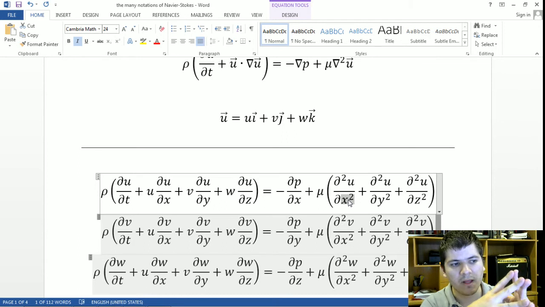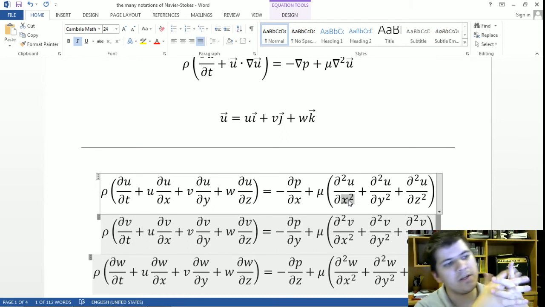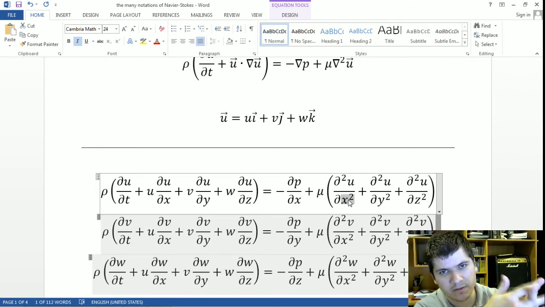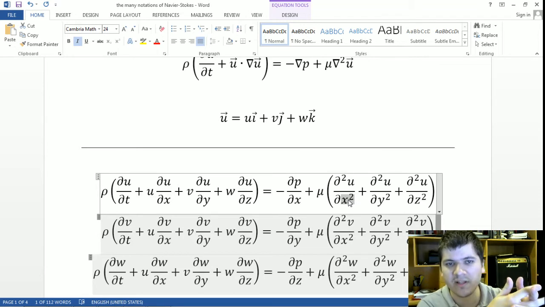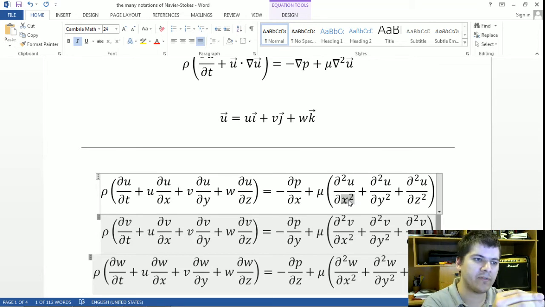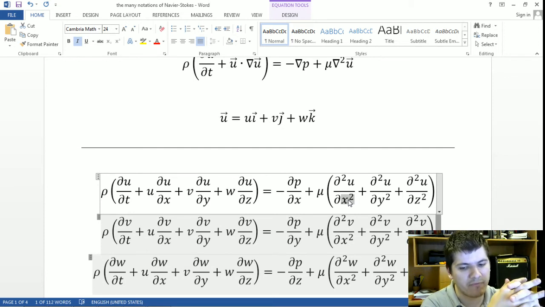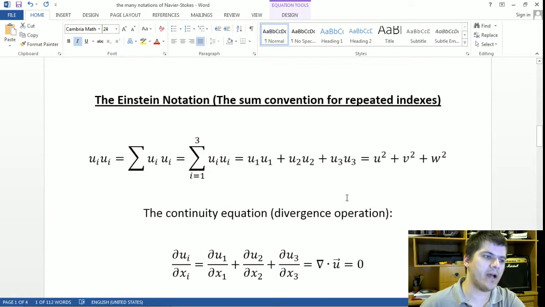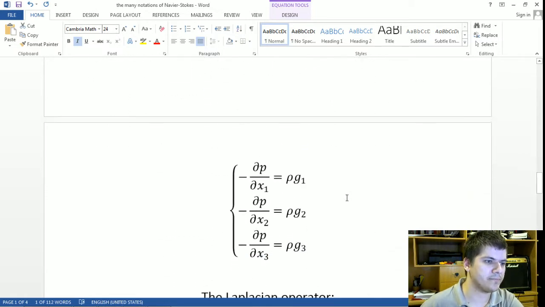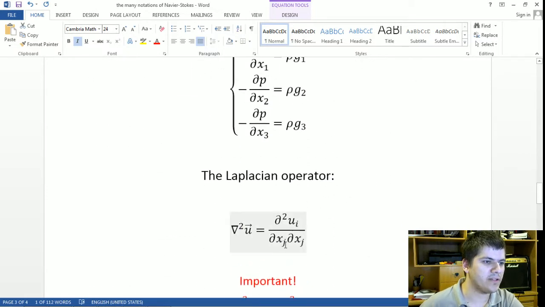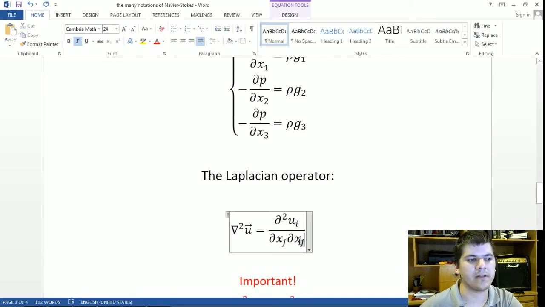But remember, u is a vector. u is composed of three components: u, v, and w. So in this case, we will have to deal with two different components for our Einstein's notation. That's why we use the j index here. You notice u_i is not repeated, which means,